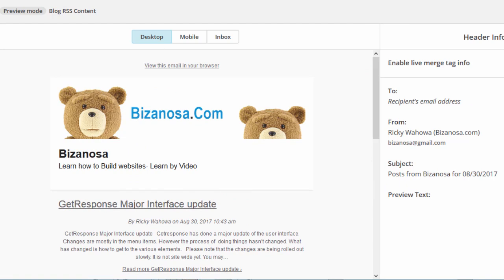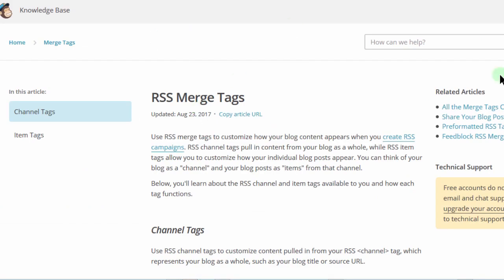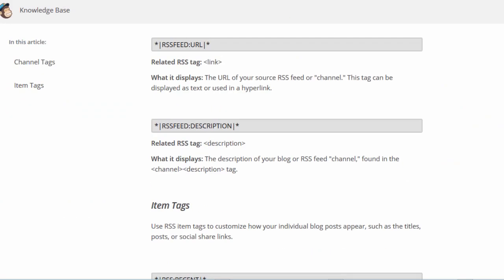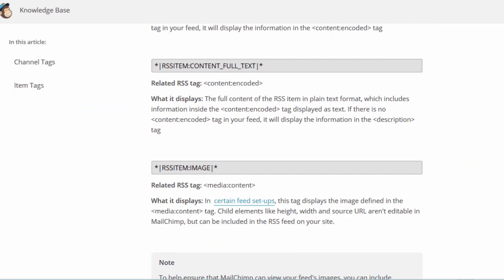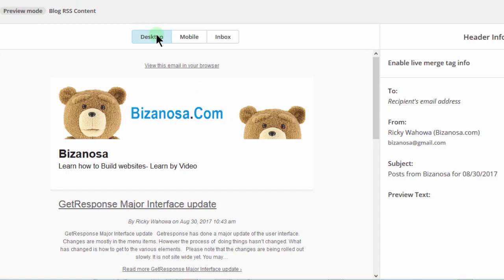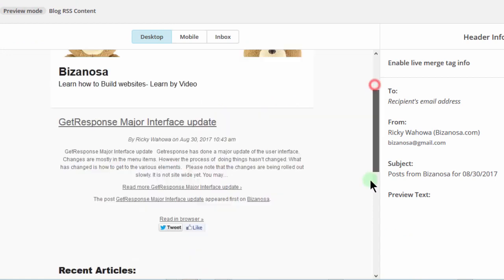If you get access, just come here. Okay, read this. You can try different things if you want to. You can add any of these merge tags if you want to. All right,